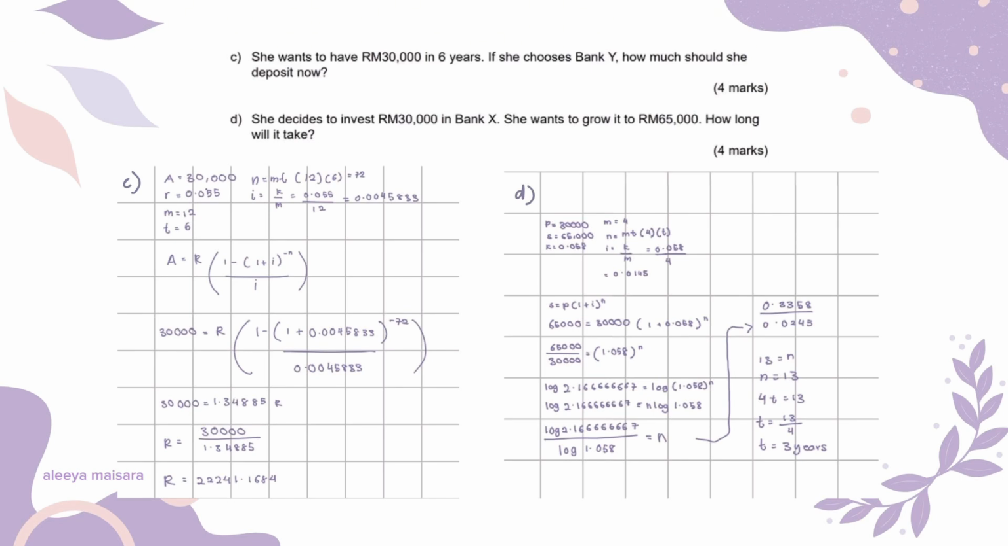Now moving on to the next question, we have D. She decided to invest RM30,000 in Bank X. She wants to grow it to RM65,000. How long will it take? So here we have P equals 30,000, S equal to 65,000, and r equals 0.058, and m equals